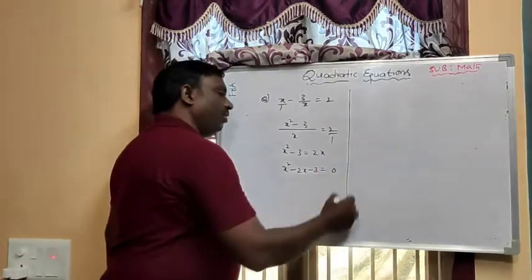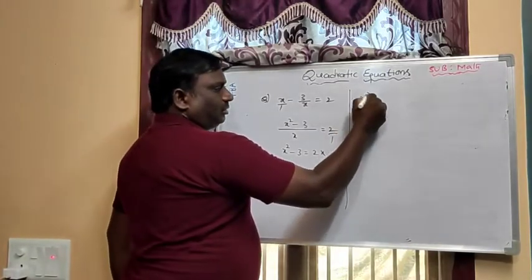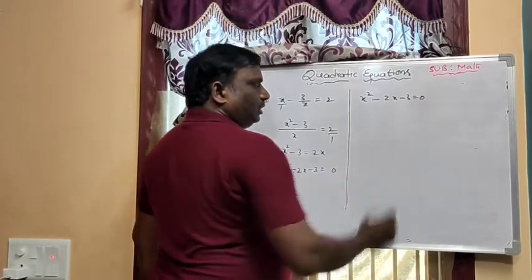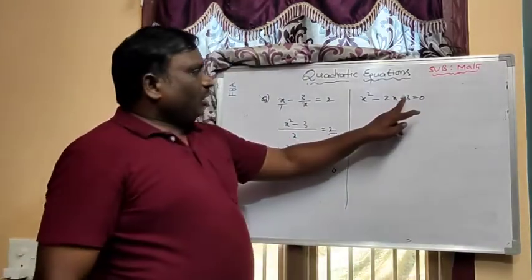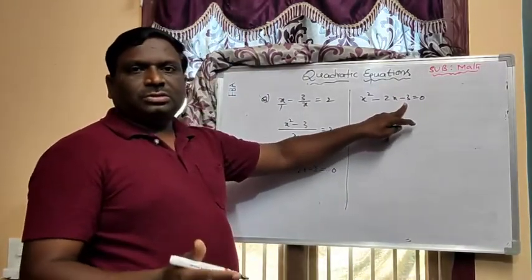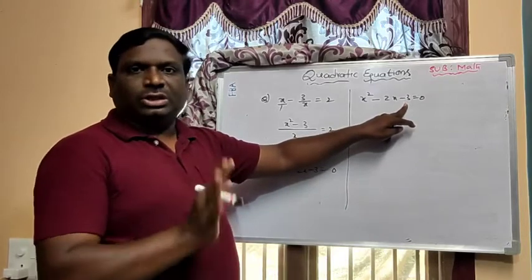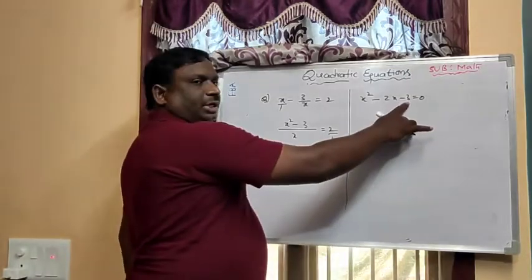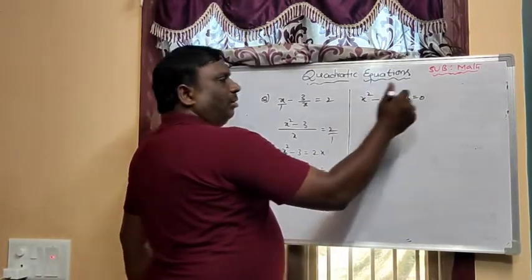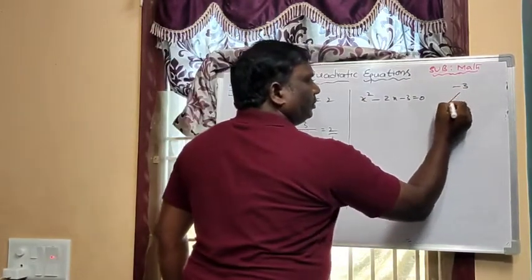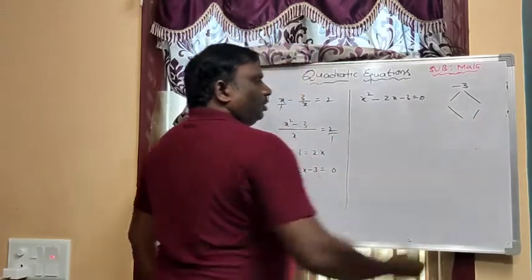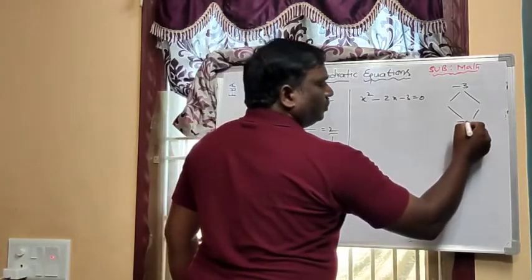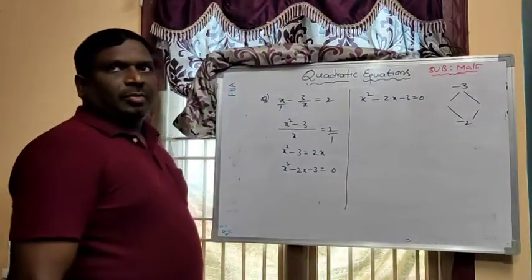Now do the simplification by factorization. x square minus 2x minus 3 equal to 0. Now in the same way, what is the constant term? Children are thinking 3. That is not 3. It is minus 3, including the symbol also we have to take. That is minus 3, and the x square coefficient is 1. Minus 3 into 1 is minus 3. Then what is the x coefficient? The x coefficient is minus 2.